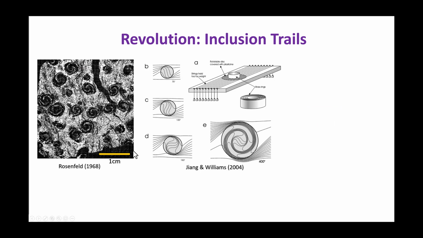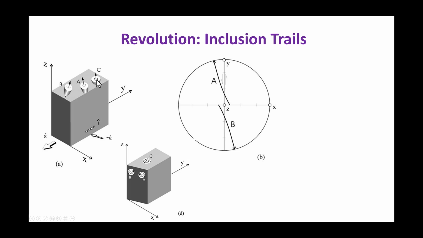Another kinematic aspect of rotation is revolution. Revolution has to do with inclusion trail microstructures. Thin kinematic porphyroblasts, such as garnet, can capture a foliation in their crystal. And these are the inclusion trails. We see a snowball garnet develops when the garnet grows over an external foliation. Spherical objects have relatively simple rotational behavior. The rotation axis is always parallel to the vorticity axis, and the sense of rotation is always the same as the vorticity. However, for elongated porphyroblasts, revolution can be very complicated.